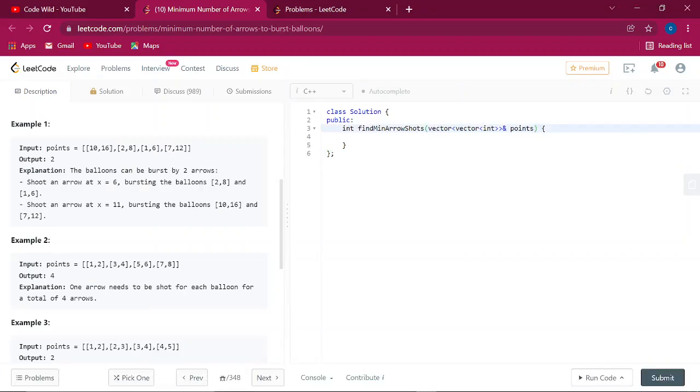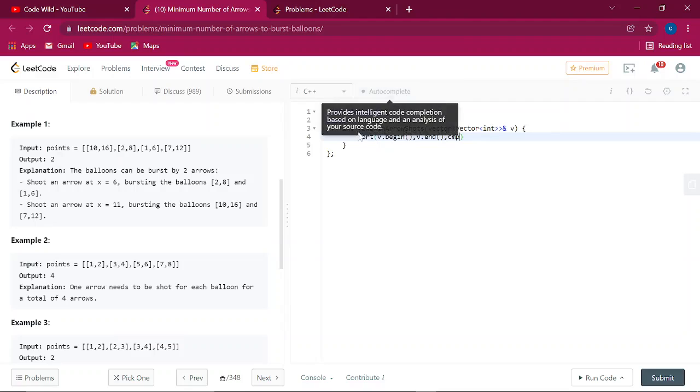So let me take this as v for my simplicity. It will be easy. So let me just start this. It will be v dot begin, v dot end, and let me take a comparator because we are sorting it via the second value, right? So we need a comparator.